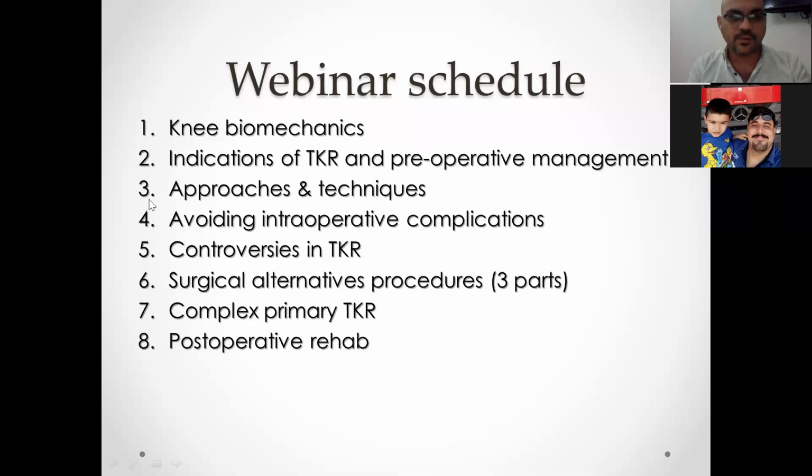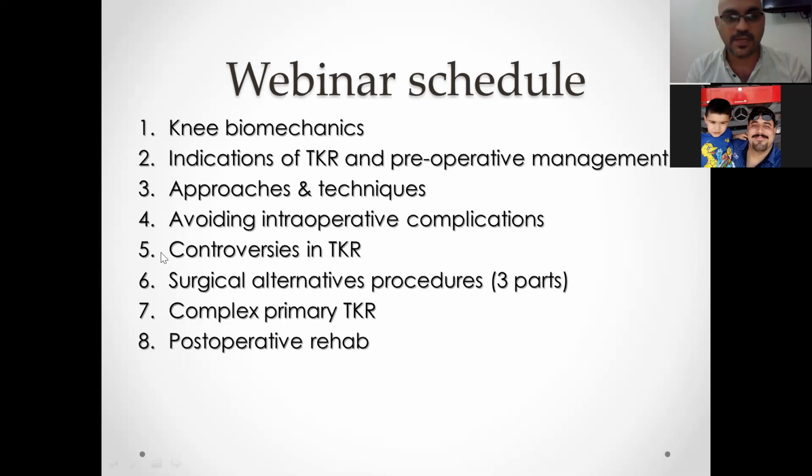And the third one is about the approaches and different techniques we will discuss later, and how to avoid intraoperative complications, technical problems that may occur, or pitfalls and how to overcome them. The fifth one is my favorite, of course: the controversies in total knee arthroplasty, whether to do such a thing or not. There are many controversies, and still it is not documented,